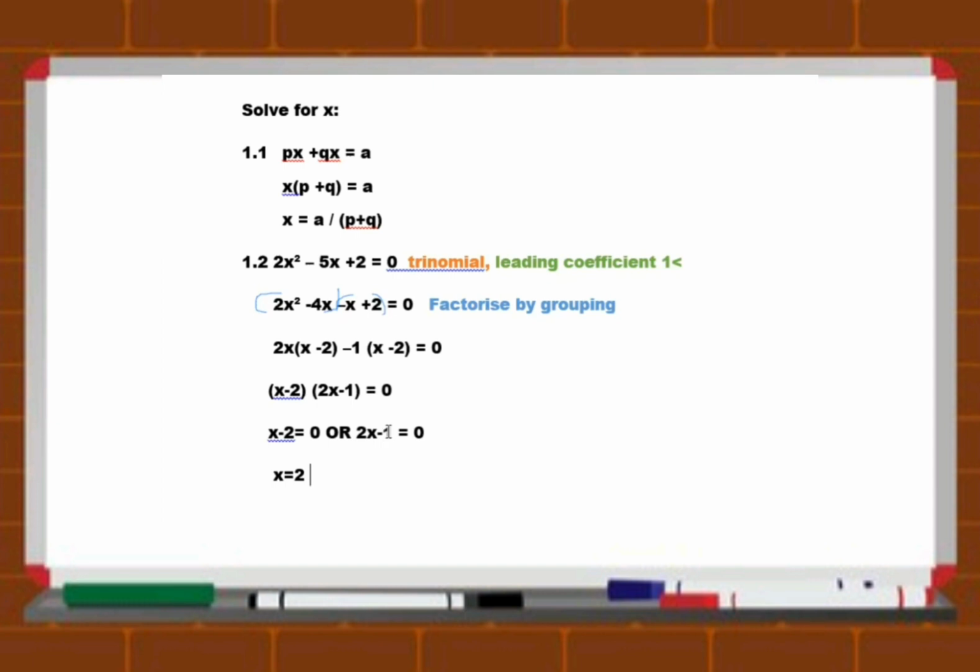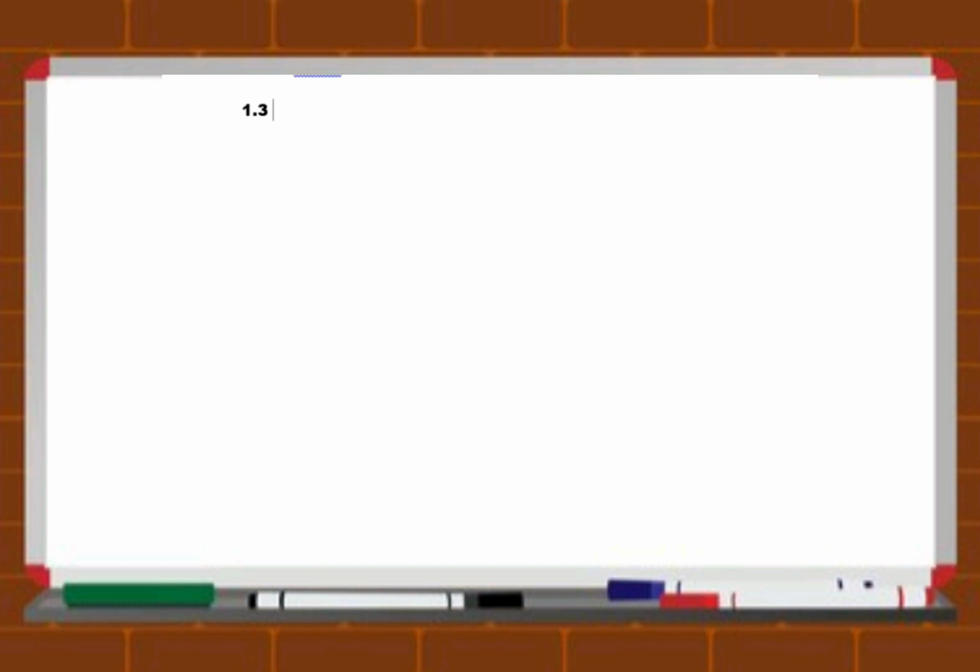And then here, you're going to take this one, move it over to the other side. It's going to give you a +1. You still have 2 in front of here, so meaning you have to divide both sides by 2. And then if you divide both sides by 2, you're going to be left with x equals 1 over 2. So this is how you're going to solve for this, right? Hope that makes sense. So for this one, they might say 1 over 2 to the power of 3x